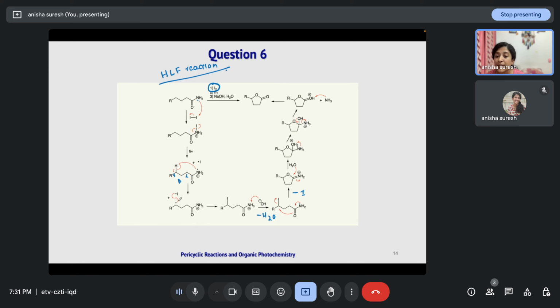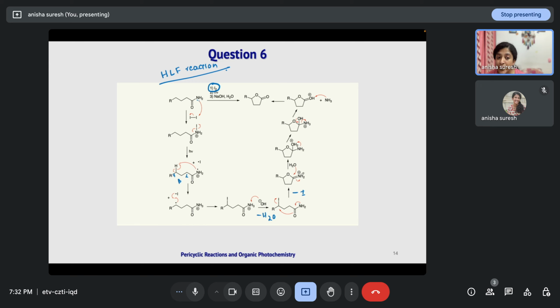Okay, now what will happen? This radical can recombine with the iodine radical, leading to formation of this halo compound. Now this NH3 plus extra proton will be abstracted in the presence of the base, that is this NaOH. Now what will happen? This NH2 lone pair will fall here, and this carbonyl double bond will go and attack on this position, leading to removal of I minus in an SN2 fashion, and now it will lead to formation of the cyclic 5-membered